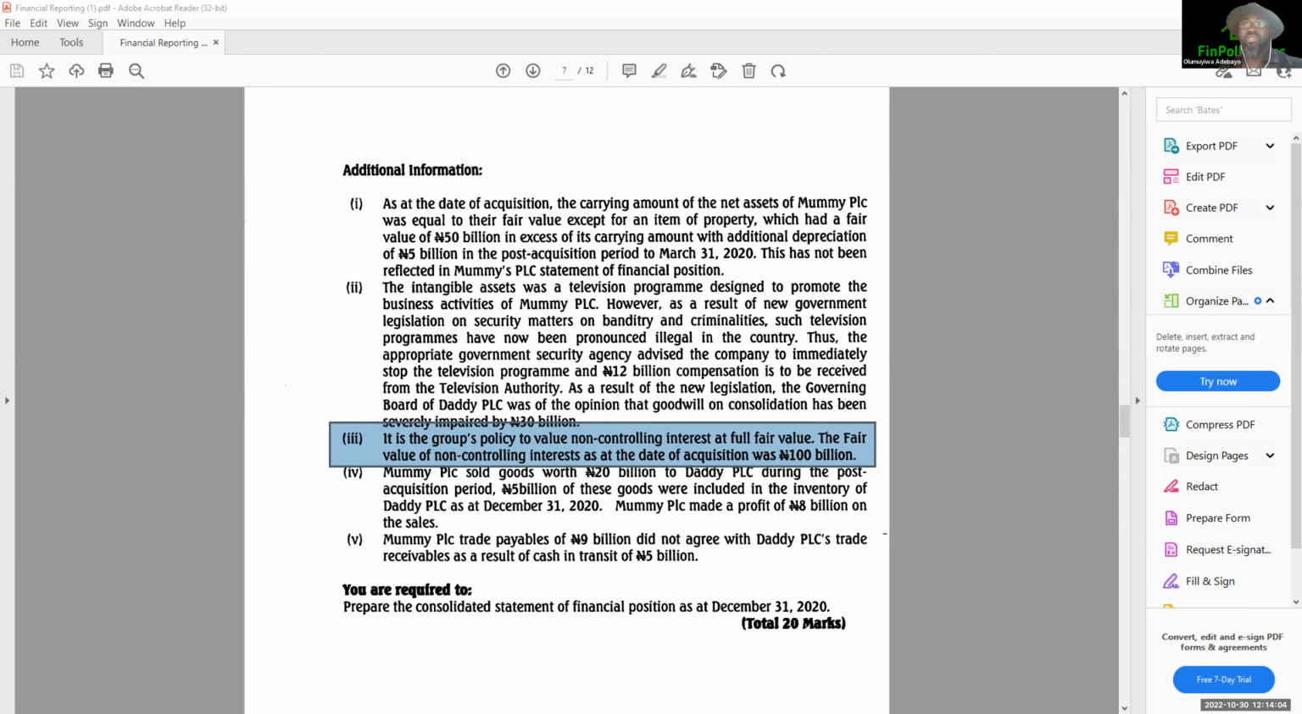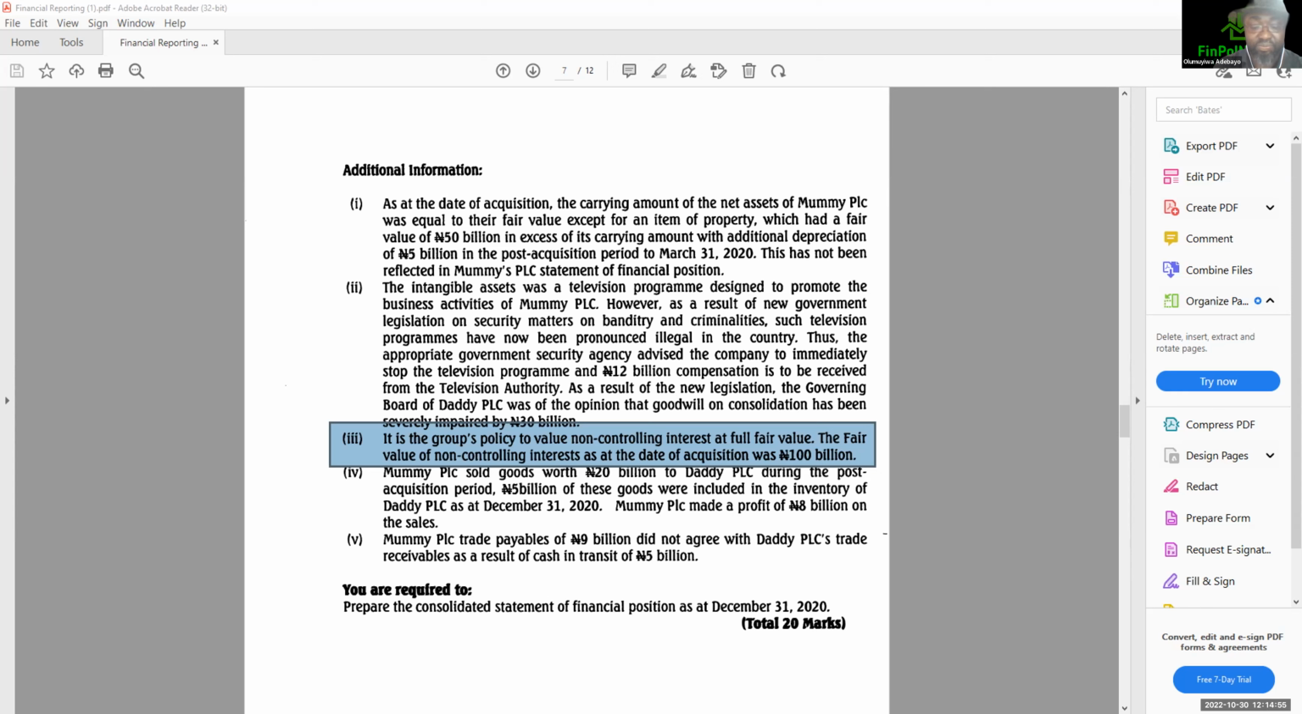Therefore, since we are valuing NCI at fair value, the resulting goodwill, if any, is a full goodwill. And where full goodwill has been impaired, the impairment loss will be borne ultimately by the shareholders of the subsidiary, which comprises the parent and the non-controlling interest. Therefore, as I debit the group profits, the effect will affect the parent and the NCI in the ratio,